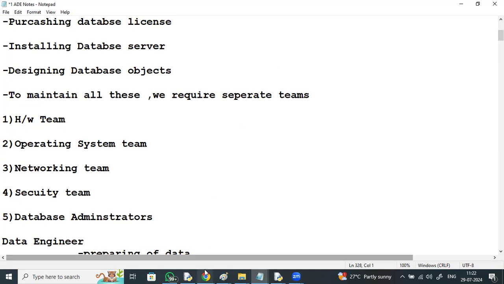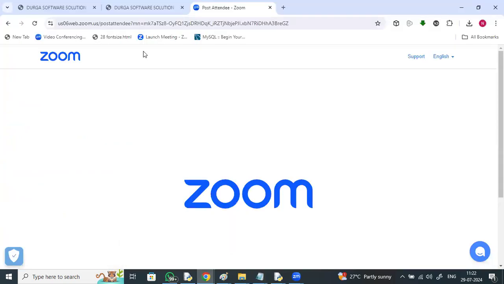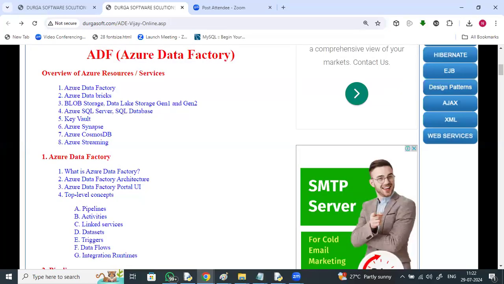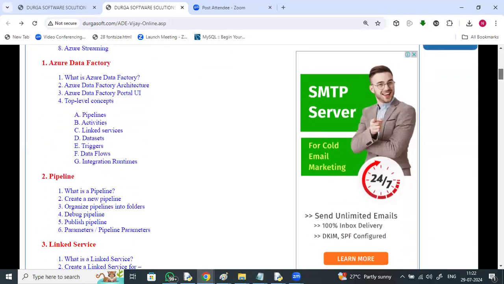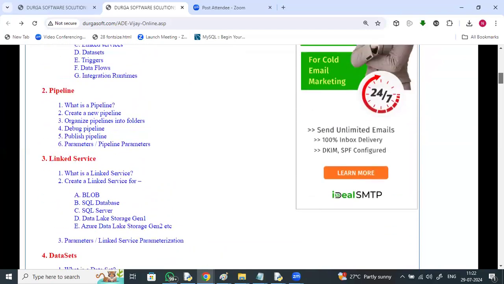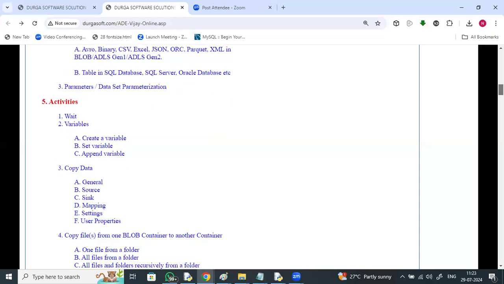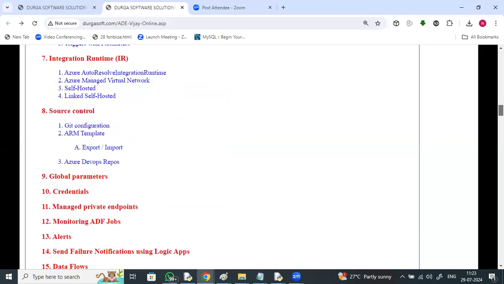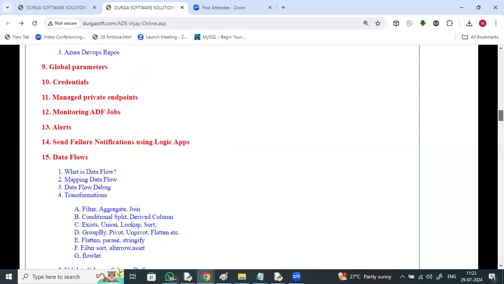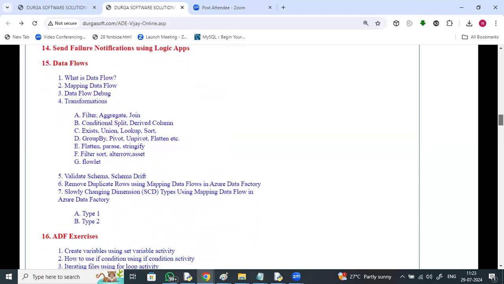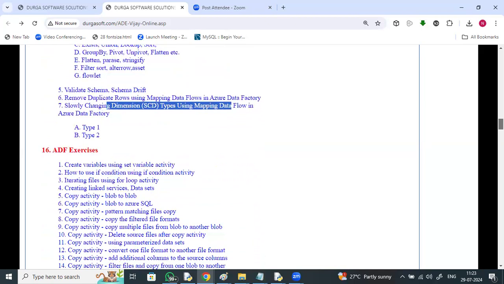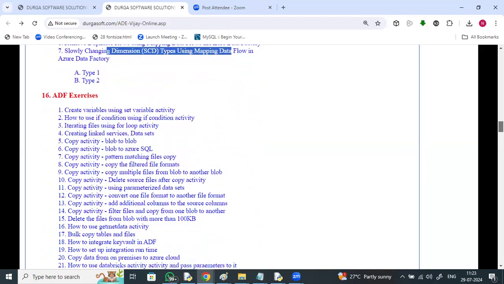That will be covered. So once you go to the course content, right? Here, just 1 second, I'll show you this course content. ADF, Azure Data Factory, pipelines, linked service. So what is a pipeline? Linked service, data sets, activities, and here triggers, integration runtime, source control, parameters, credentials, monitoring ADF jobs, data flows, and here Azure Data Factory, SCDs, slowly changing dimensions, SCD type 1, type 2, removing duplicate rows, ADF nearly like 50 exercises,